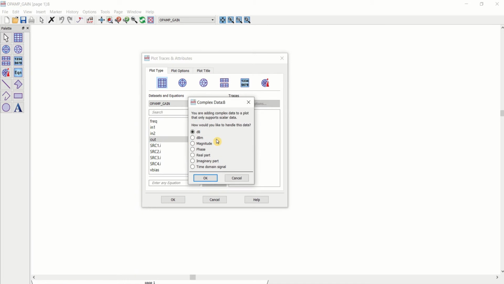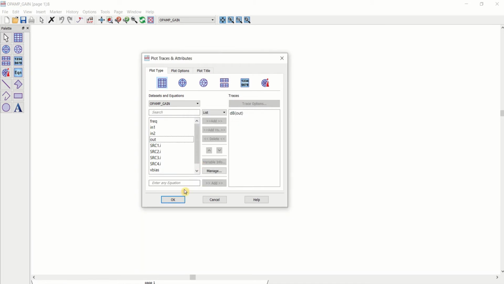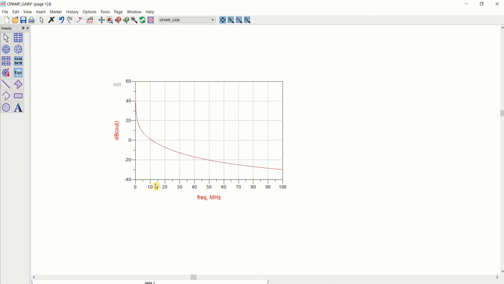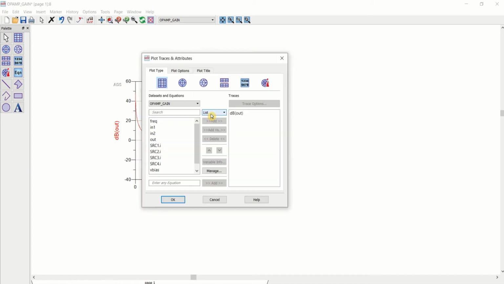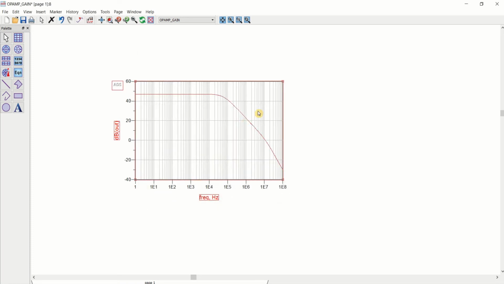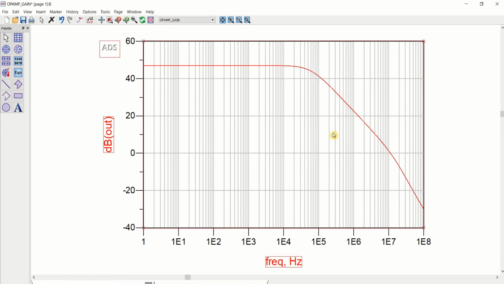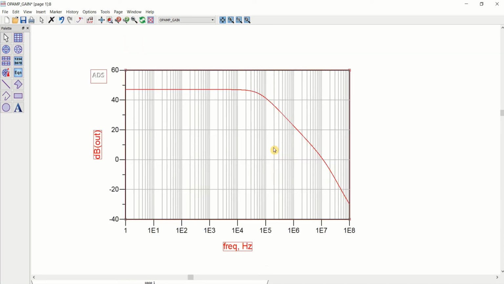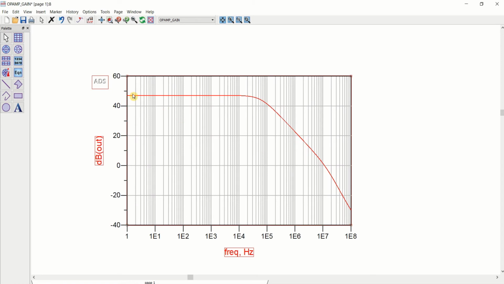Select the Vout output in dB. Click on OK. This is the linear scale, but I want to plot this in logarithmic. So click on plot option, x-axis to logarithmic. So this is the magnitude plot of the op amp.